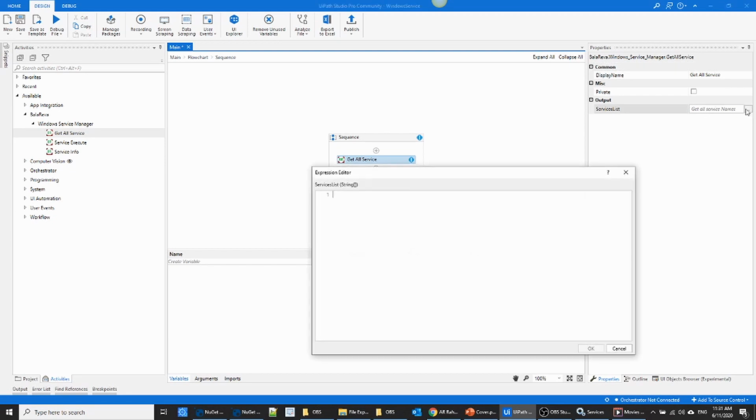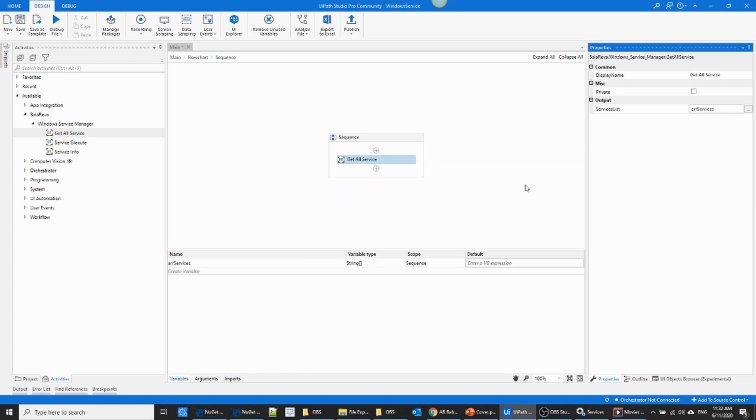So here you have to give the array variable. I'm going to create an array variable, services. That's all. Using the for loop, you can see all the results. Let us see.